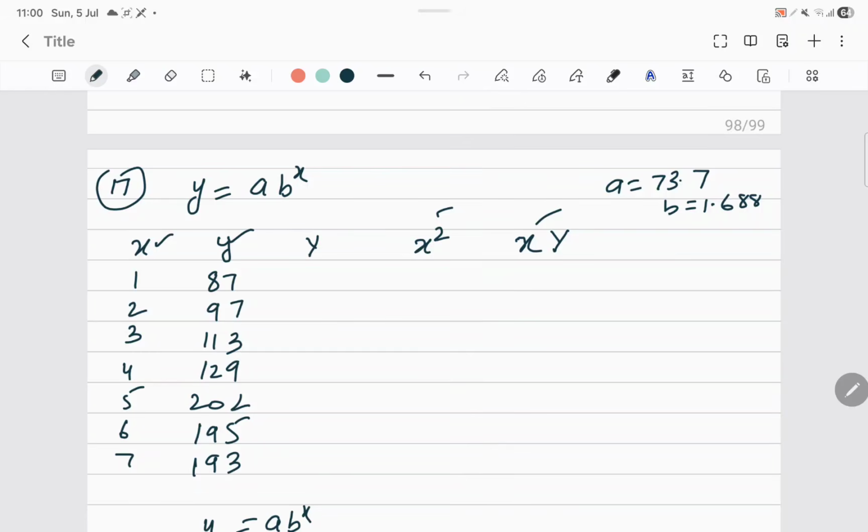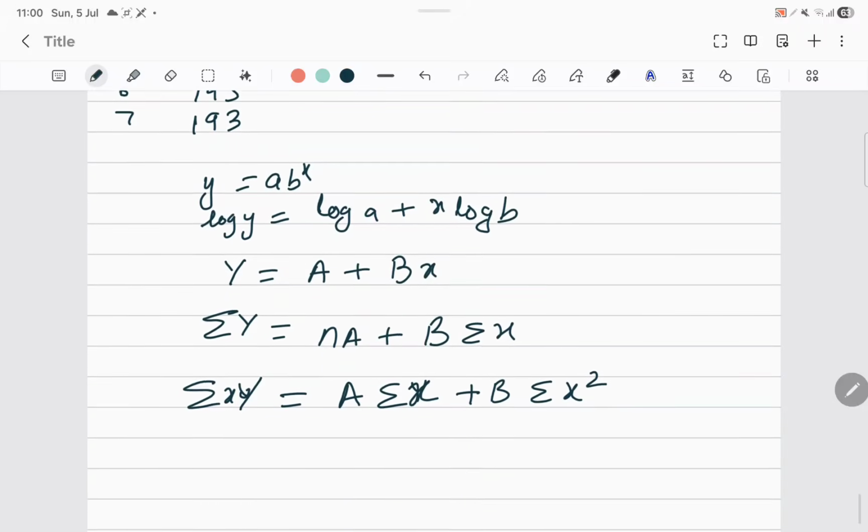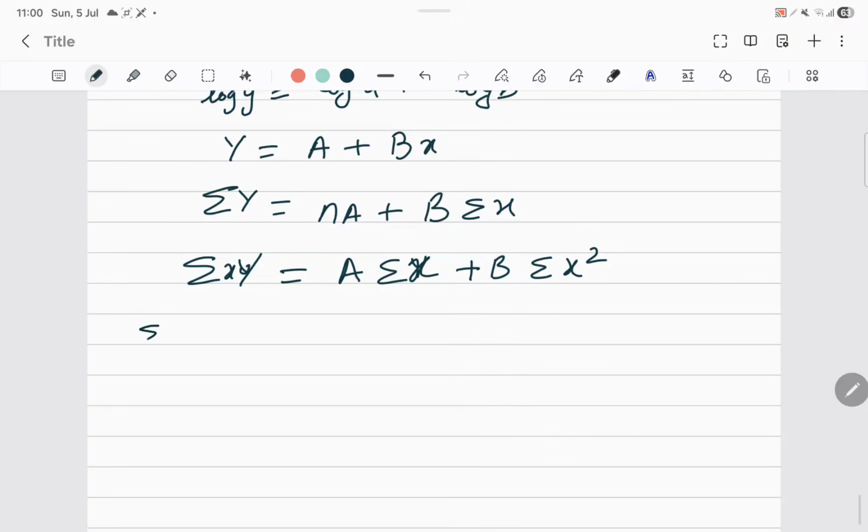But you should not write down the summations using this. To do the summations, first you need to find out capital Y, which is log of y. So what I will be doing, I will be finding out log of all the values first. So like this, 4.46, you finish this table. Okay. Now when you finish this table, I'll tell you the value so that you can cross check. It will be 28. Once you finish the table, directly again put it in the calculator.